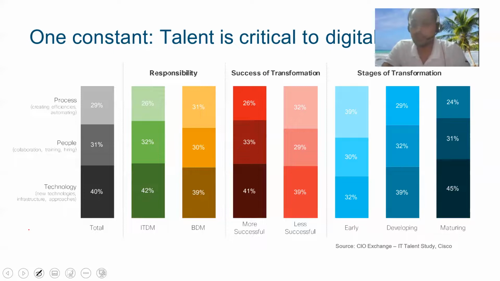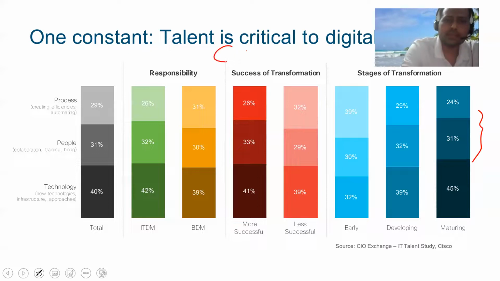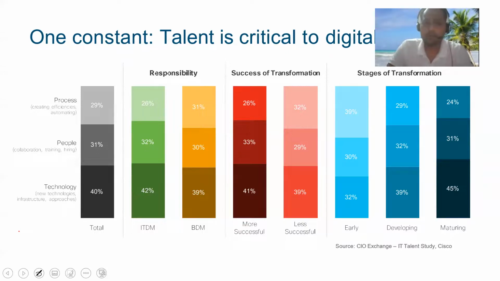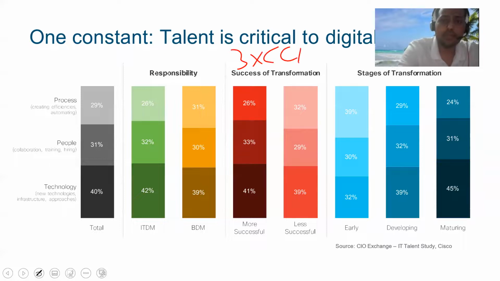So if a company is spending money to hire talented people, that is a core. So apart from technology, investment in the people is also important. And that's why all the time we are seeing people hiring CCIE, or now 3 into CCNP. For me, it's not equivalent, but again, CCIE you have a golden number, CCNP you don't have. But in terms of knowledge and experience, if someone has done 3 into CCNP, then they are also as good as a CCIE, correct? Because they have a diversified knowledge area.